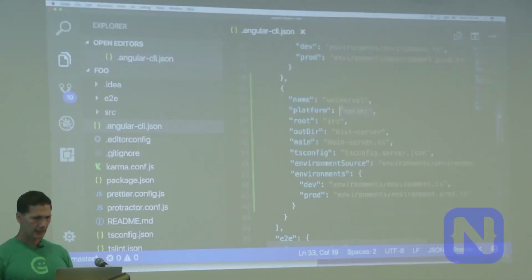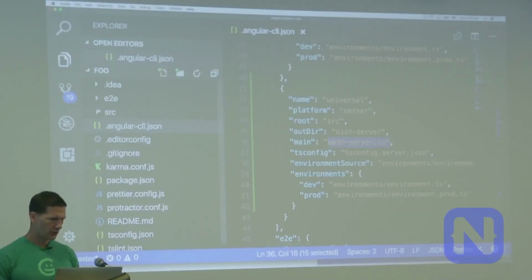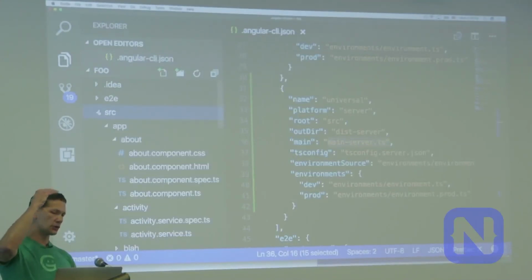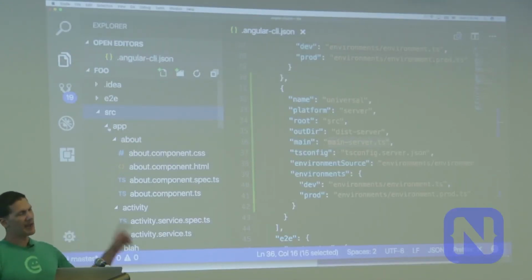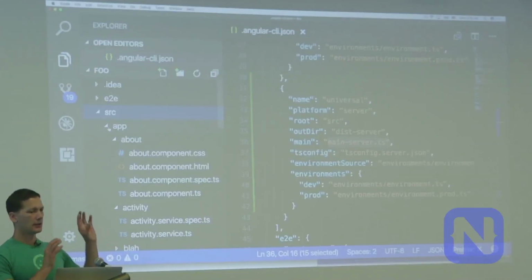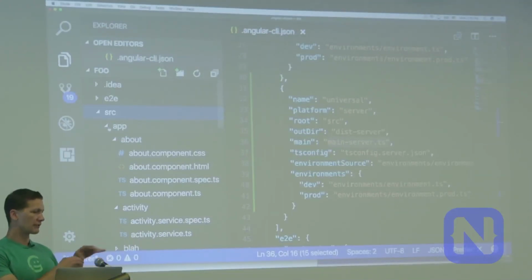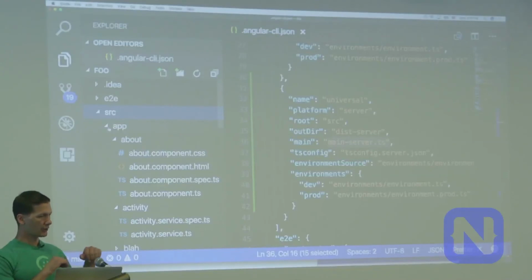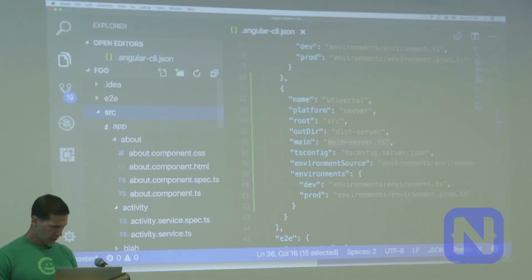You'll notice in here there's a couple values. It needs a main server. There are a couple things at the top level which are platform specific. It's the same thing if you were doing a Nativescript app. Nativescript will be different because each of the components would be different as well. I think Sebastian is giving a talk later about a Nativescript and web app, and really it's all about pushing stuff down to the service level, and that's what you're sharing. But for the web and server, you can share components, but you cannot share the module level.